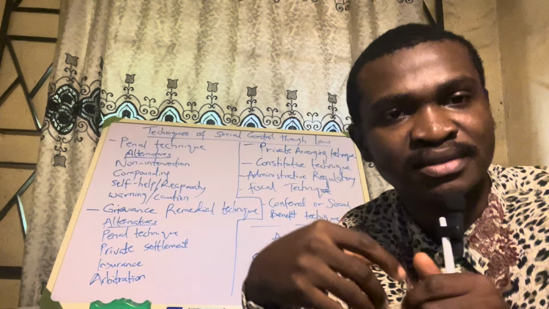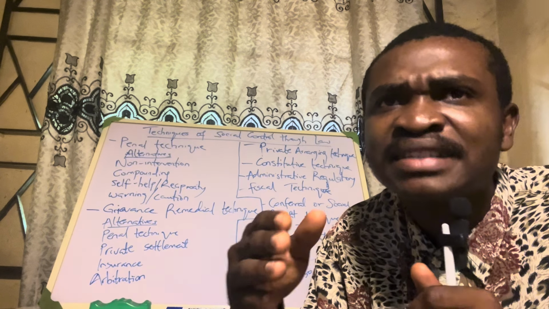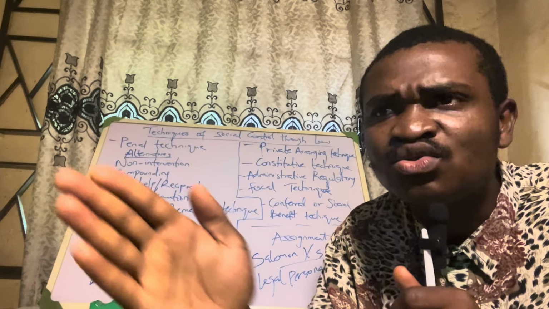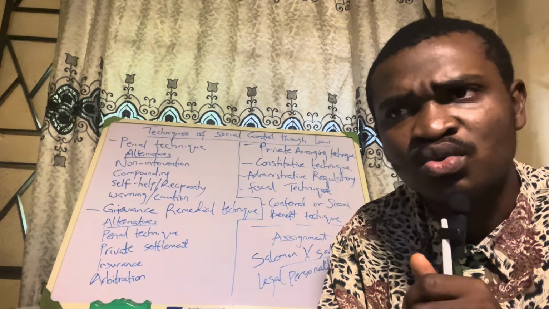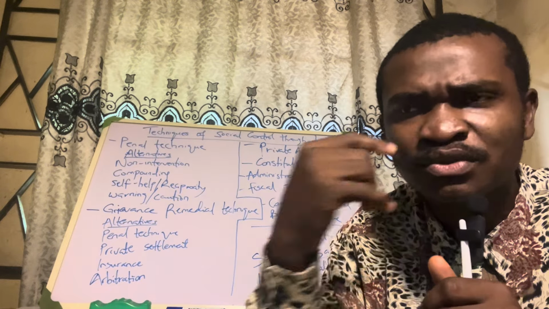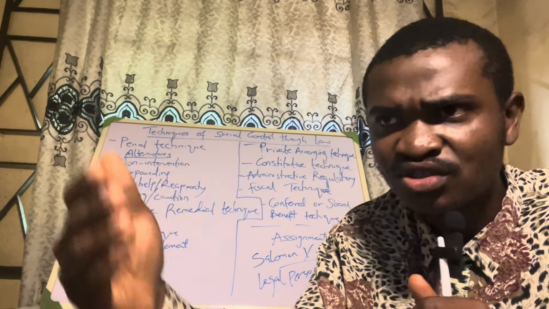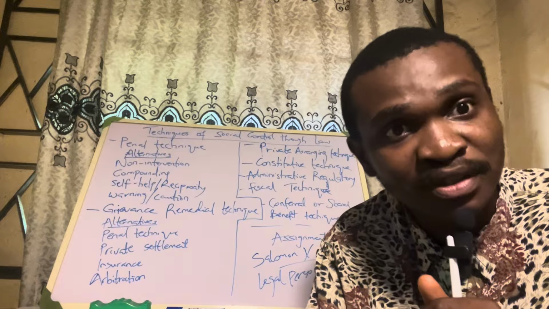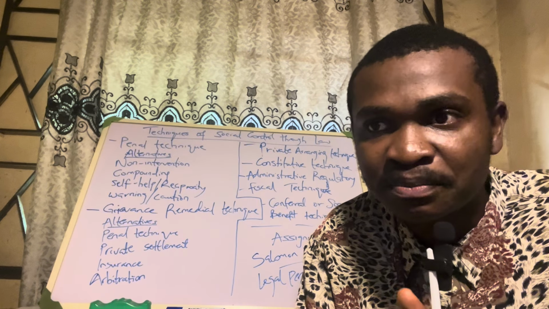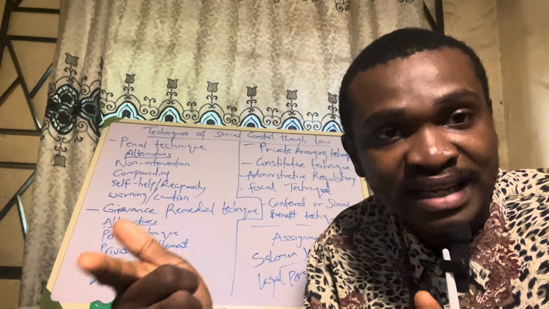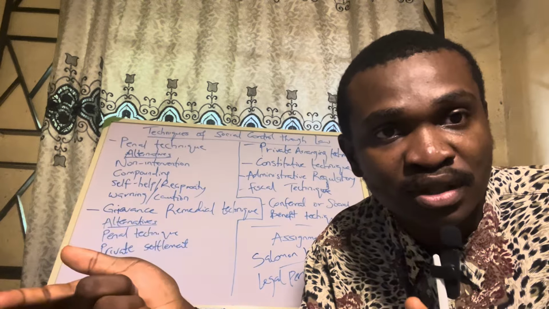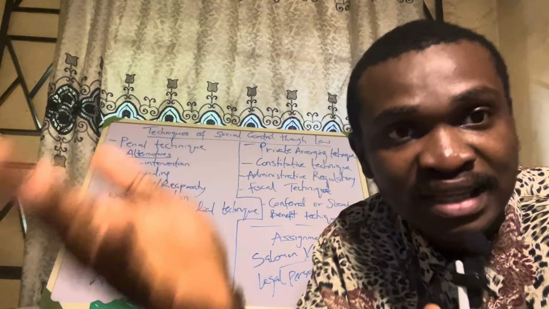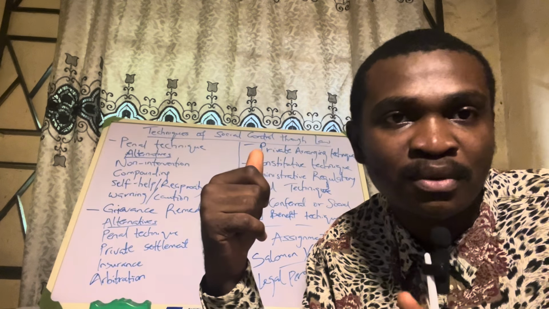Administrative regulatory. When the government is regulating what you are trying to do, okay, you want to open a school, you must get it registered, take the school to the government for the government to approve you opening the school. And before they do that, probably they would have come to the site to inspect your school activities, and they would see it and say okay, it is fit for use.